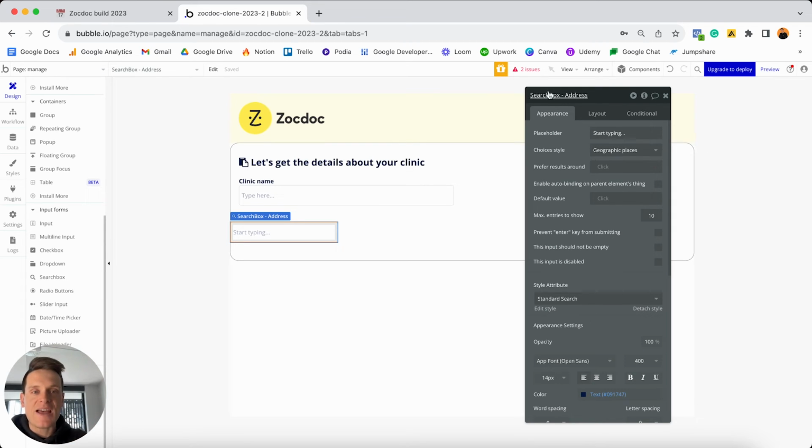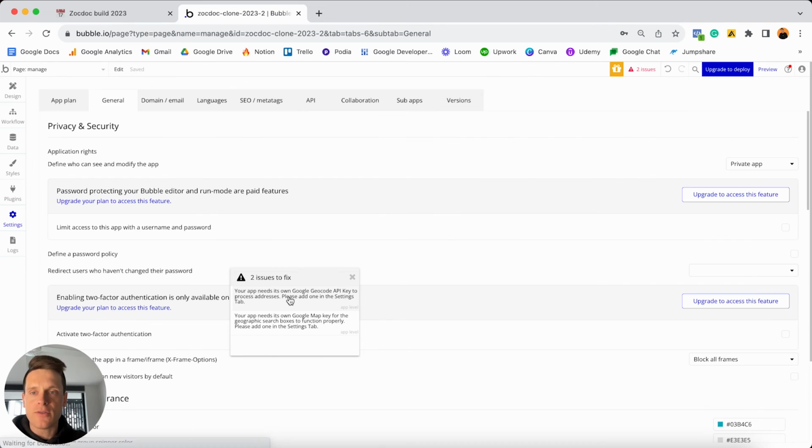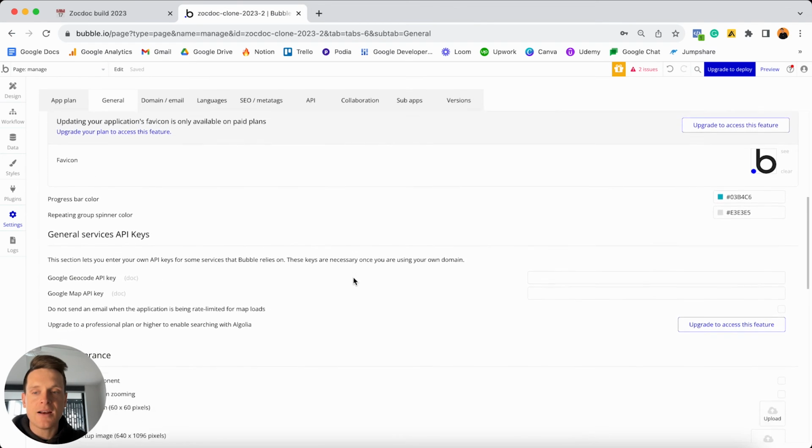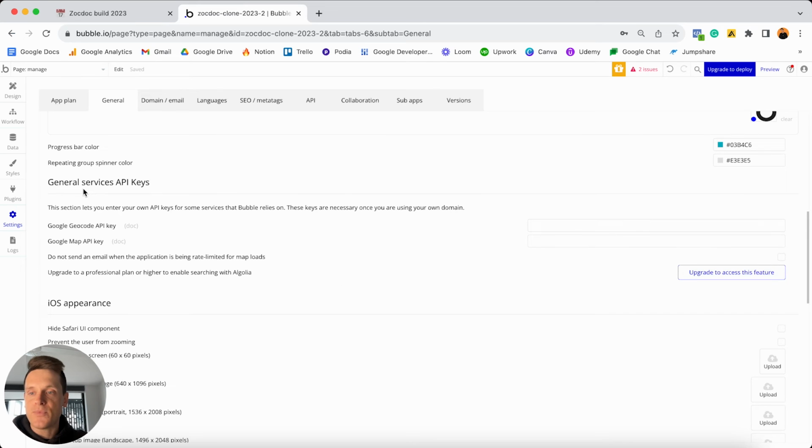If you were to look at the top of your Bubble editor, you might notice that you have two existing issues. And by default, pretty much every application will have this. And if we look at these issues, it's just telling us that we need to source our own Google Maps API keys. So if we were to click on this, it's going to take us through to our settings tab and open up our general settings. And then if we were to scroll on down, you're going to see this section here known as your general services API keys. And what Bubble is essentially telling you is that you need to source your own Google Maps